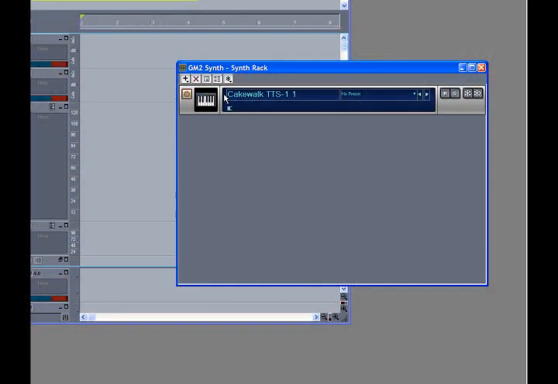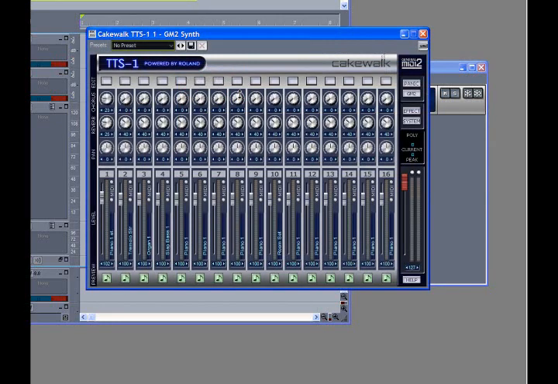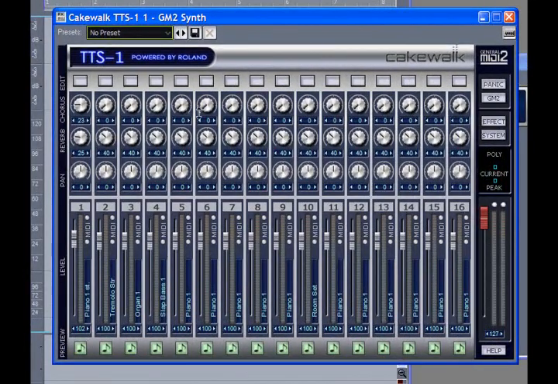As you can see here, I've already patched my TTS-1 into my synth rack, so I'll just go ahead and open it up. And as you can see, we have 16 different sounds that we can choose from. Now, all of these channels inside of the TTS-1 are identical, so once we learn one, we're ready to repeat that process over the 16 channels. Up top, we have an edit button, which we'll get to in a second. We have chorus and reverb controls, pan controls, a volume level, a preview button down at the bottom, and also